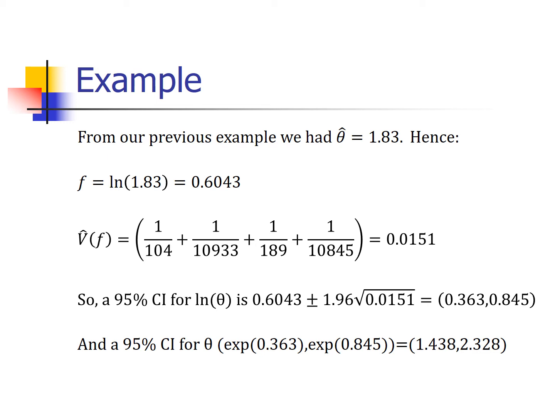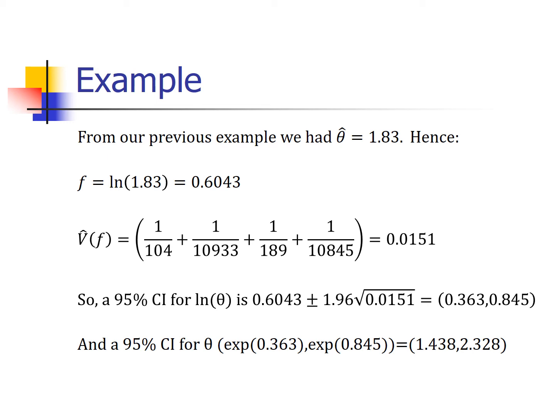So the first step is to take the log of 1.83, put that in a calculator. I believe you get 0.6043. So that becomes our best estimate for the log odds ratio. Now we want to make a confidence interval for the log odds ratio. We need its variance, right? We saw the formula in a previous slide. The variance is 1 over each of the cell counts added up. So 1 over 104 plus 1 over 10933 and so on. We do all that. We get